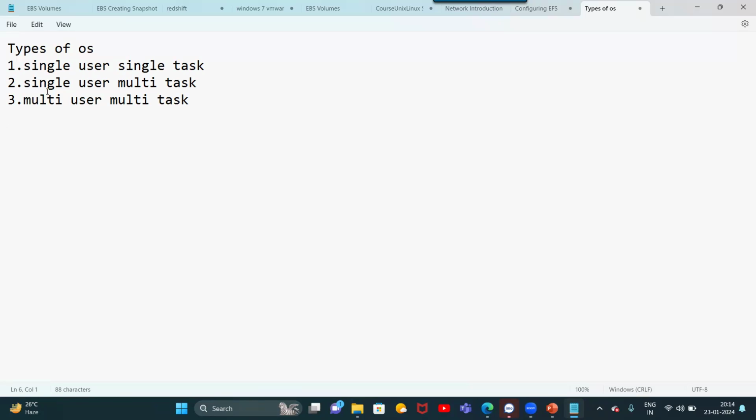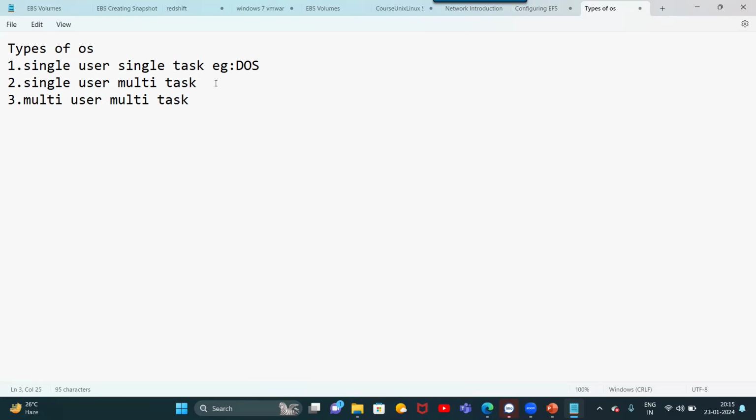The example for single user, single task is the DOS operating system. DOS stands for disk operating system. That is the first operating system.